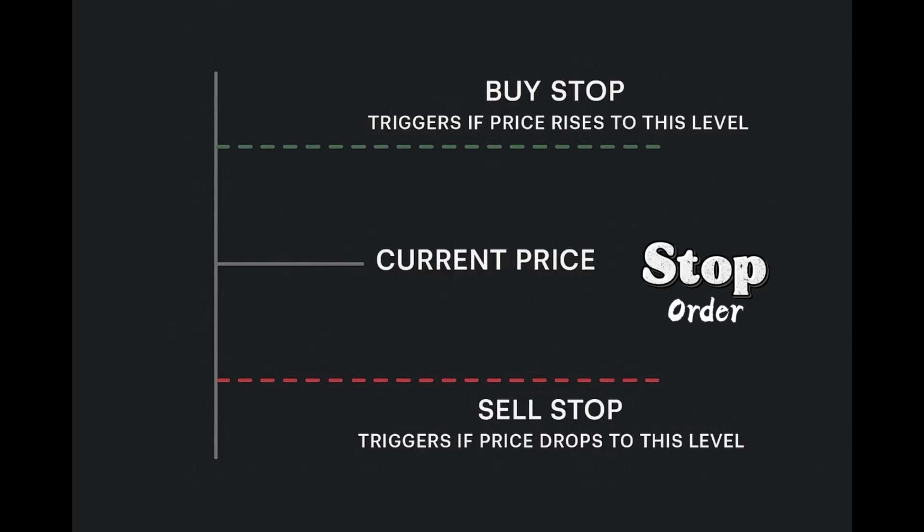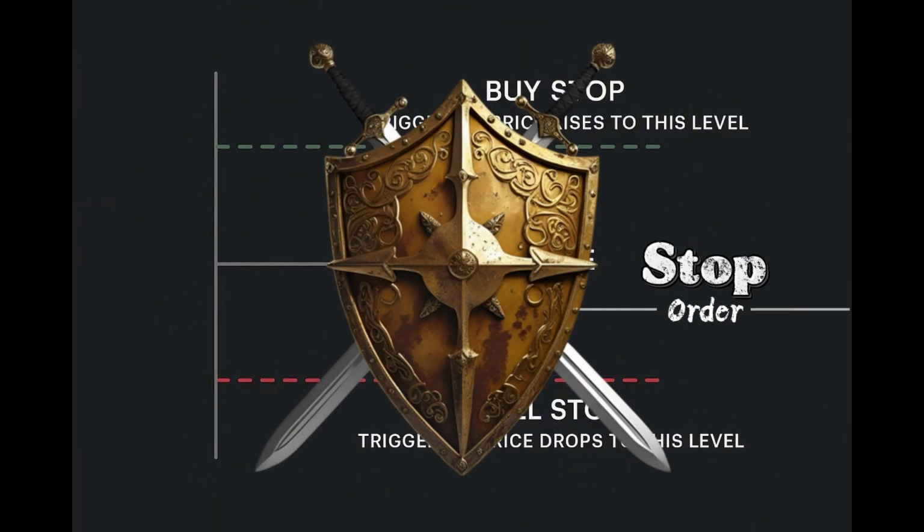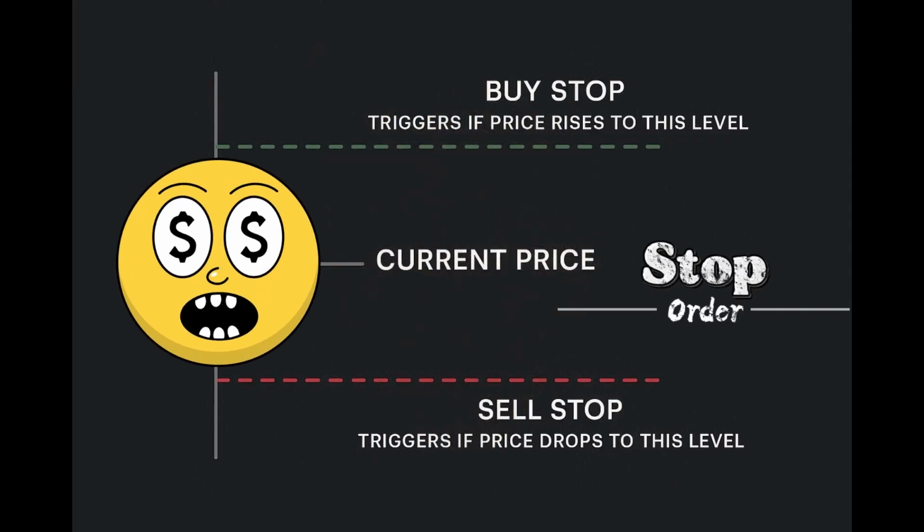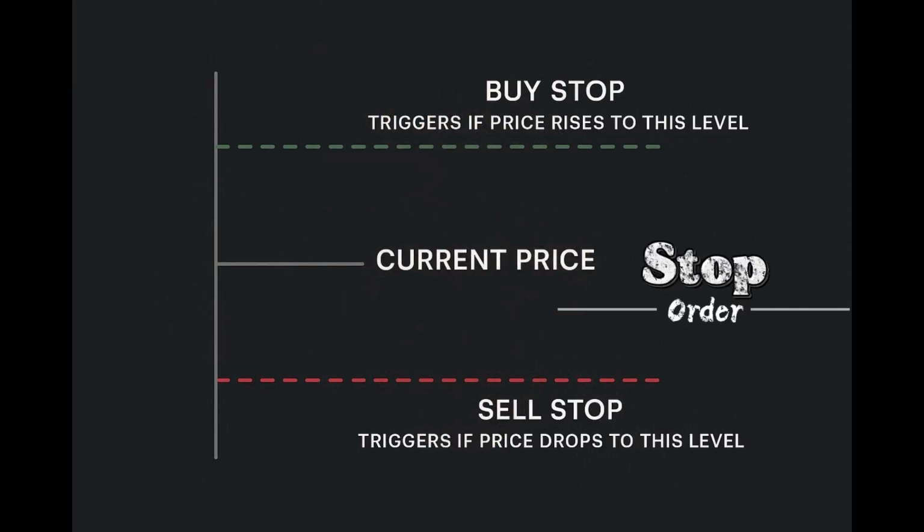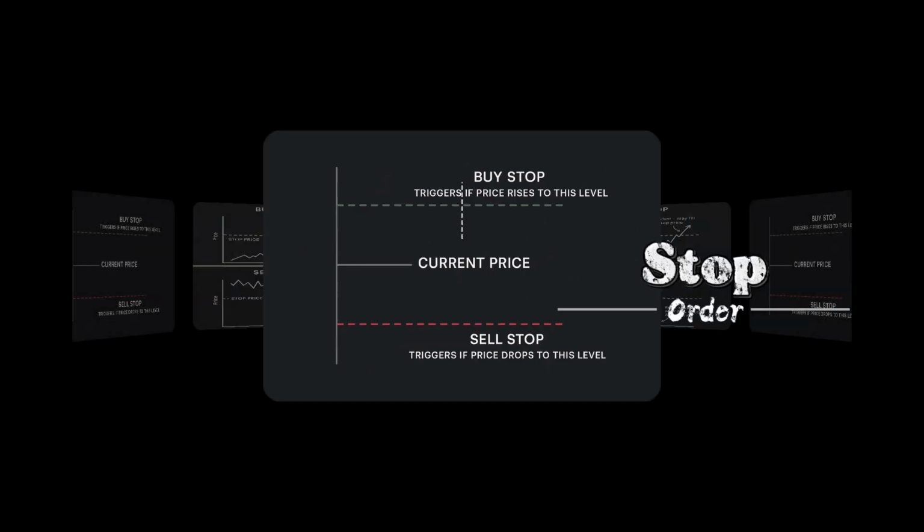Stop order becomes a market order when price reaches your trigger price. For entries, a buy stop is placed above current price to catch breakouts. A sell stop is placed below to catch breakdowns for shorts. For exits, stop orders are your protective stops, where you don't want to be but need to get out to limit losses. A sell stop below current price protects long positions. A buy stop above current price protects short positions.